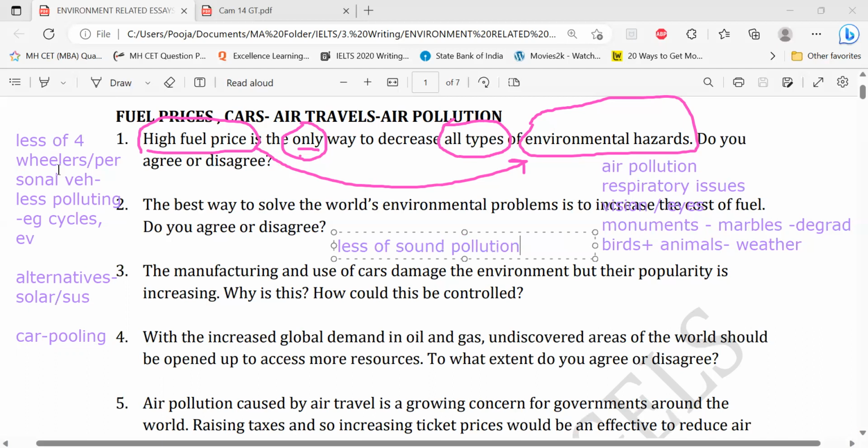So the air pollution. When people use fewer personal vehicles, there'll be less air pollution. Why? Because the carbon emission will be less. Thereby automatically also leading to less sound pollution. All these things can really help in reducing the respiratory issues amongst the people. And we only think about humans, but also the birds and animals, that means other life on earth,